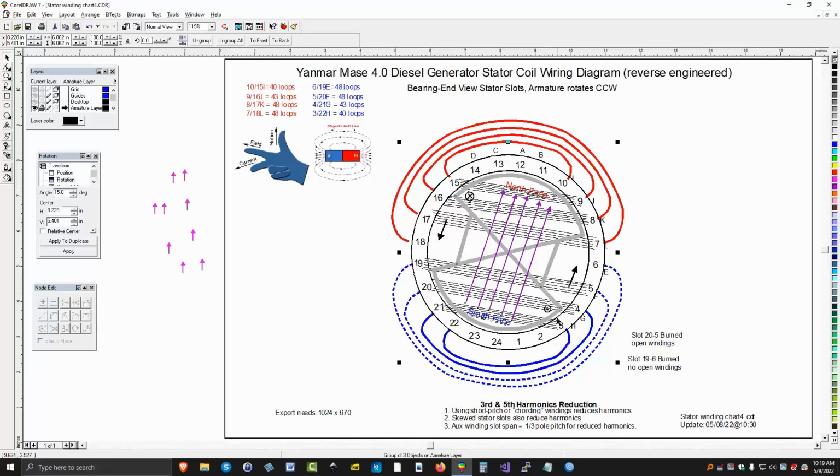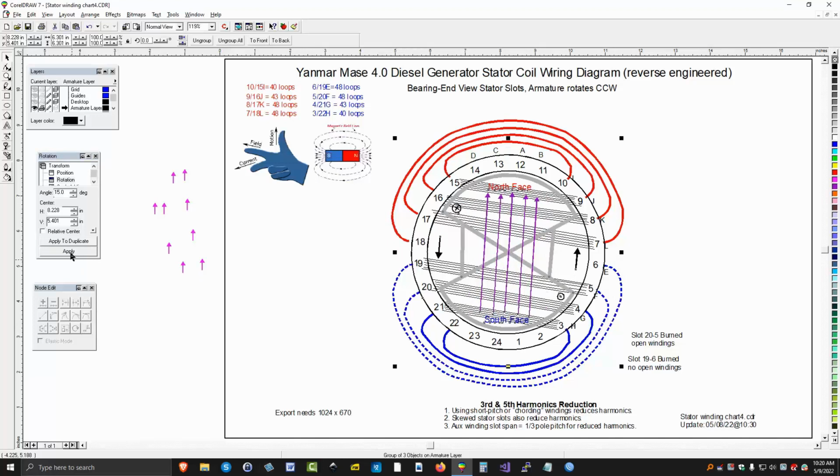Same thing happens down here. The south face is trying to pull current out of 3, and it's also trying to pull it out of 22 at the same time. So that ends up being cancellation. So it drops off. If we rotate one more time, now we've got two windings that are dropped off. So we lost these two windings in the last two